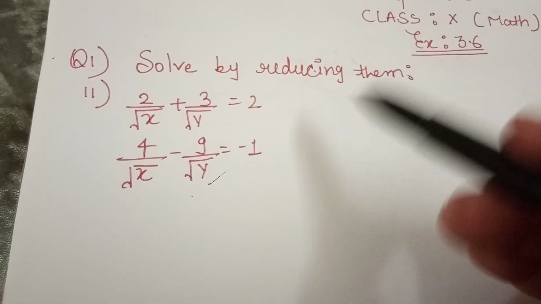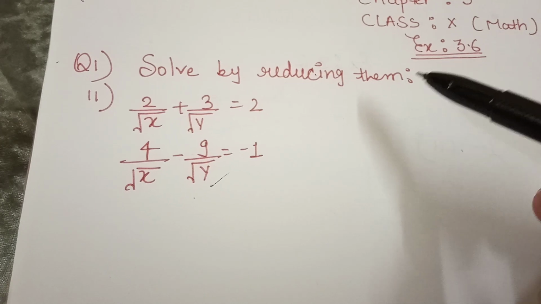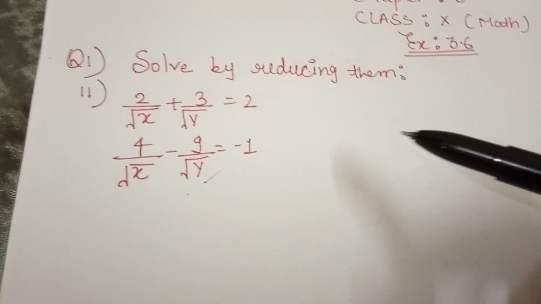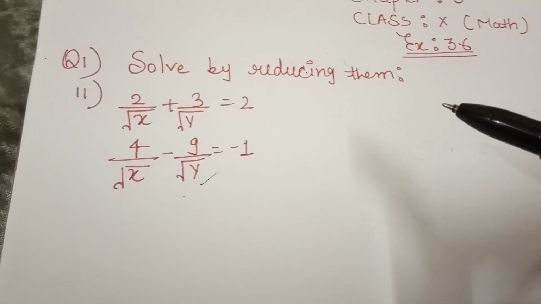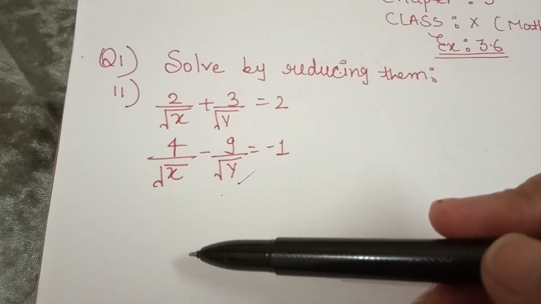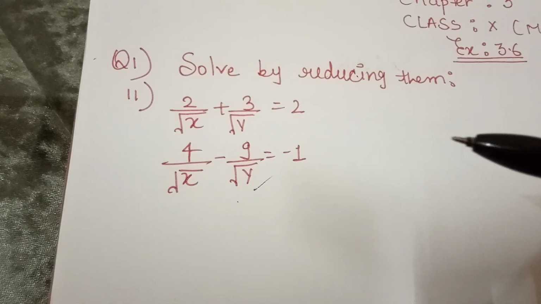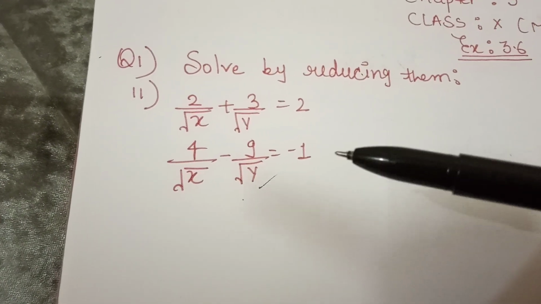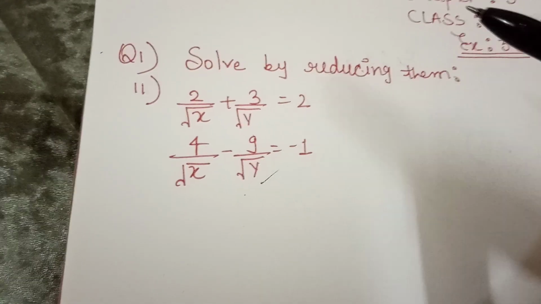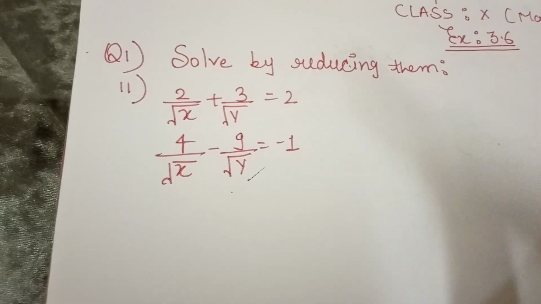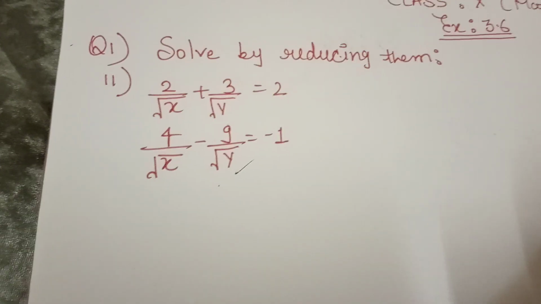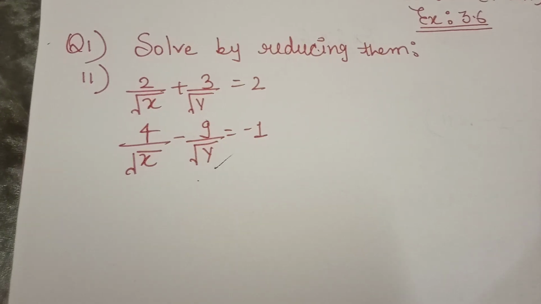Even in some equations earlier, if constants were in the denominator, we were taking the LCM and converting the equations into the standard form. So how do we convert these types of equations into the standard form when variables are in the denominator? If we take the LCM, then the variables will still be in the denominator. So this little difference is there; the rest of the solution of the equation is the same.